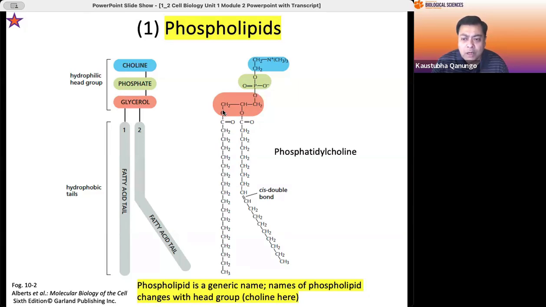And the other two hydroxyl OH is bonded to the carbon fatty acid tail. So this glycerol molecule is in there as well, and then you have two fatty acid tails. So that is just the basic structure, but there are literally hundreds of different phospholipids, and how these